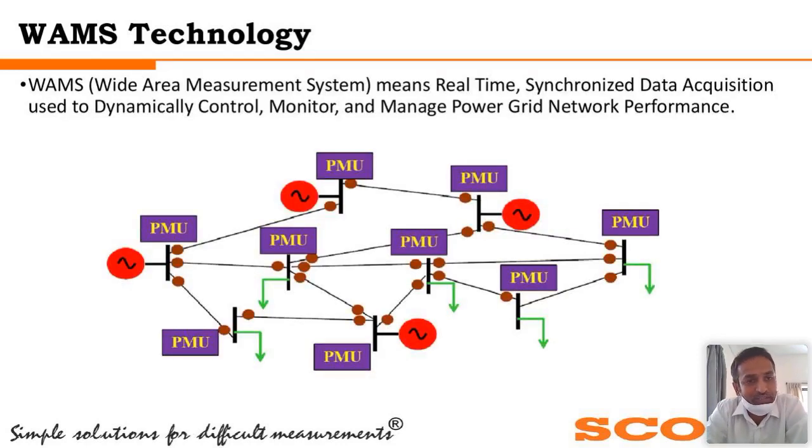How it is used, you can see here in the presentation. In WAMS technology, you have to install a PMU at each and every substation, even at each and every feeder, which will collect the phasor data and amplitude of that particular feeder and send it to the control center or PDC through the C37.118 protocol. This is a very fast, accurate protocol where you can send data to the PDC with very little delay.